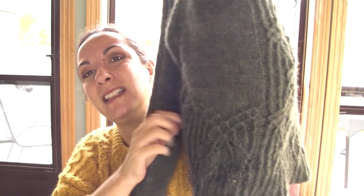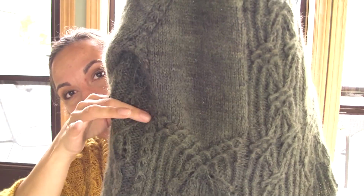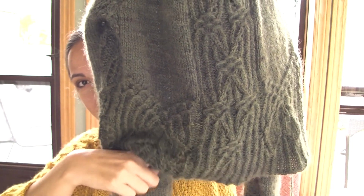So we shall see if that works. If not, I will rip it out, at least to here. I'll rip this out and then just knit plain until about there, and then do ribbing. My other concern, even if it does straighten out and gets a couple more inches, because it is a little bit smaller than what it's supposed to be,